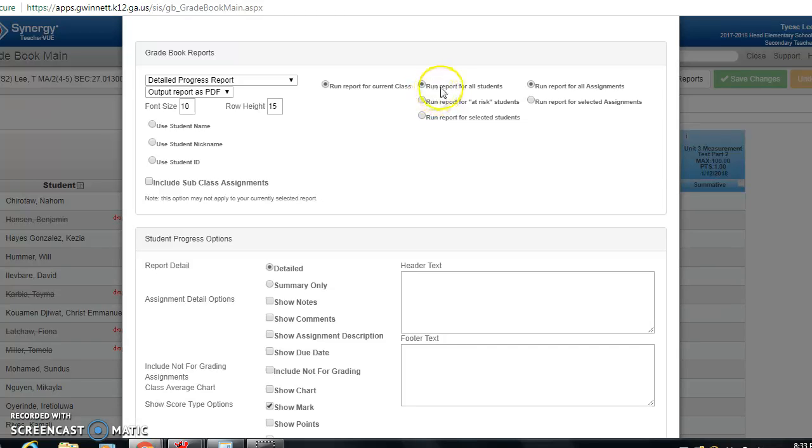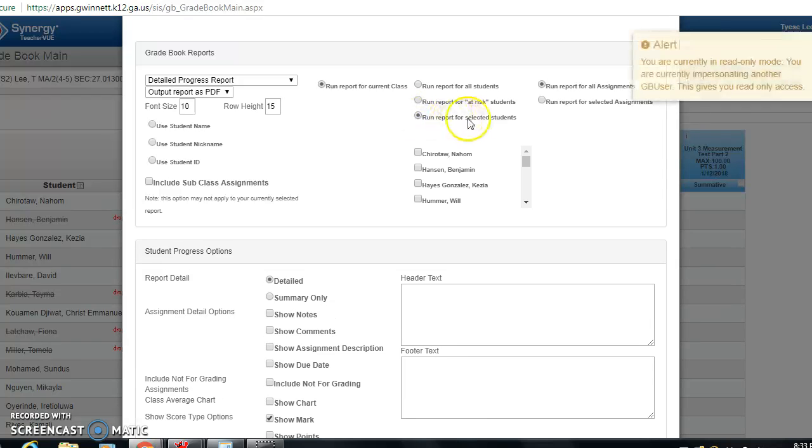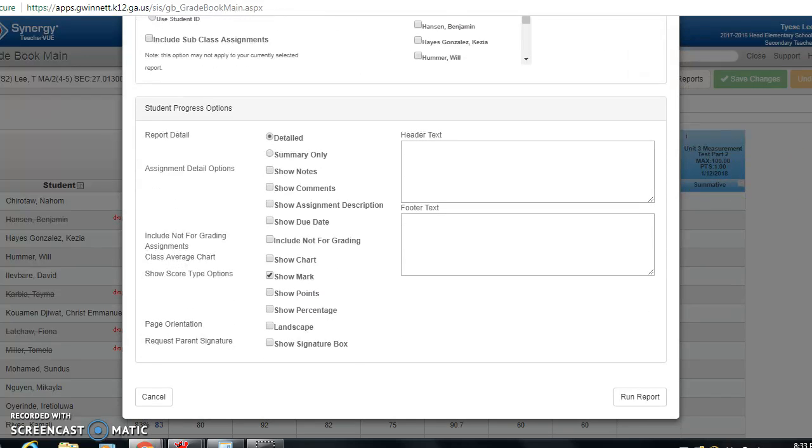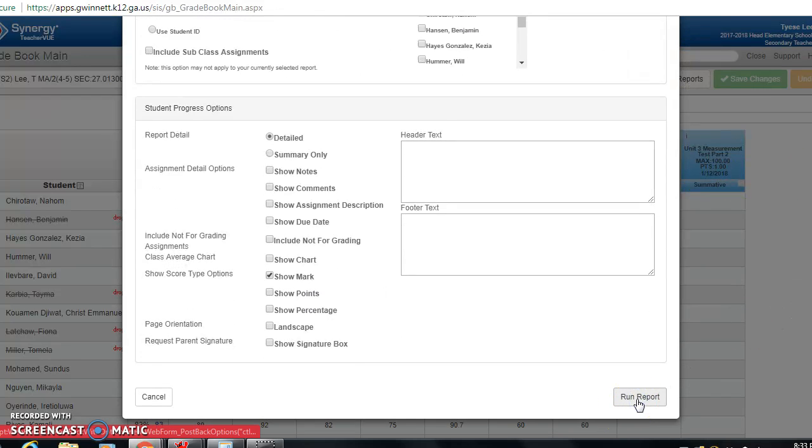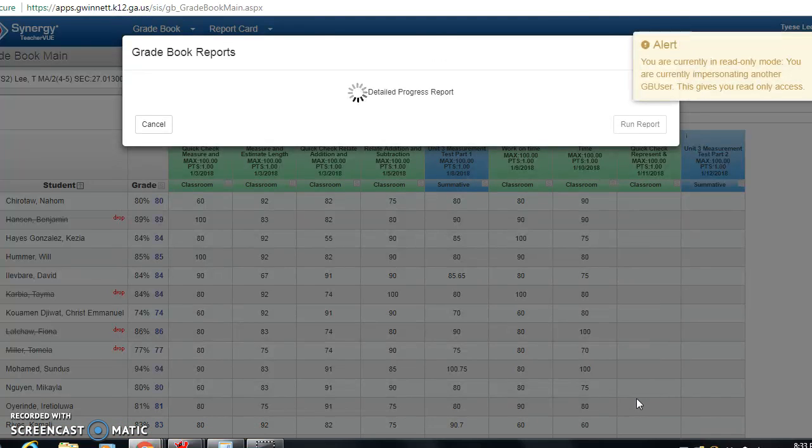By default, it'll say run report for all students, but you're going to check this third button, which says run report for selected students. It will show you a list of all your students. You will check the student's name for which you need grades for, and then you'll scroll down to the bottom and you'll click on run report, and hopefully